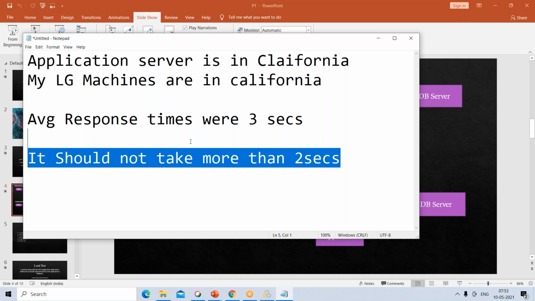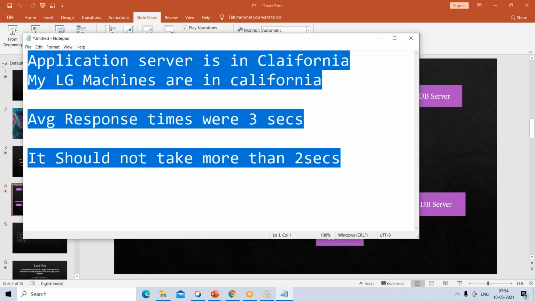In any performance testing project, 1 or 2 seconds of latency is acceptable, in any project, whether it is any company or any client. So without using any specific network latency tools, you can test like this also. But there are some tools in the market for network latency. It depends on the project.